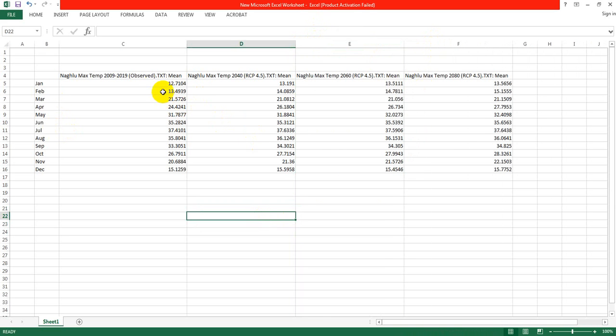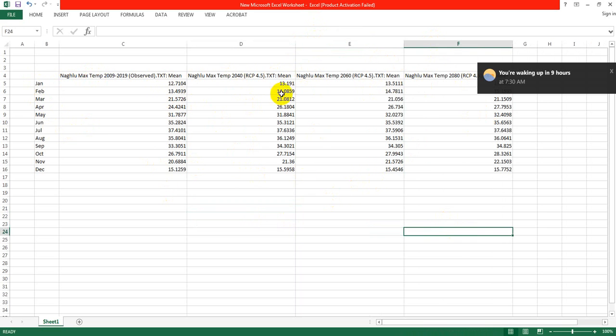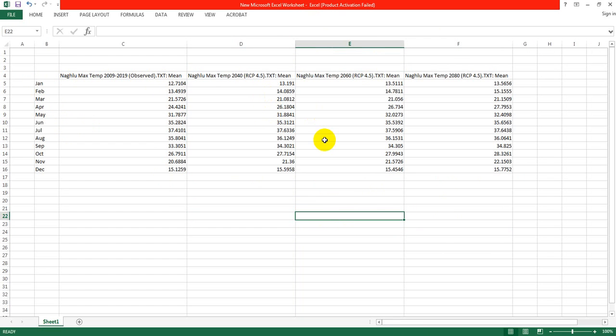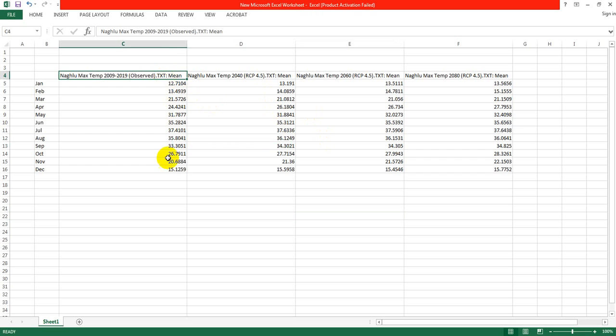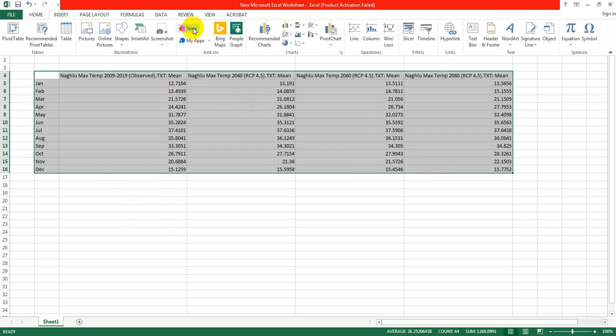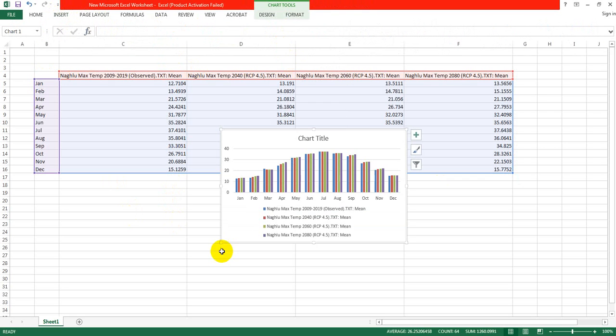So just see here, now we have found our data. Here we have found our data monthly. Here's the month, and here's the year of analysis. These three boxes of data are our prediction data, and here is the observed data. So if I take a graph with that, if I select here, insert, then if I go here,